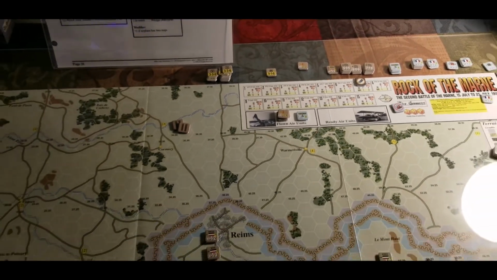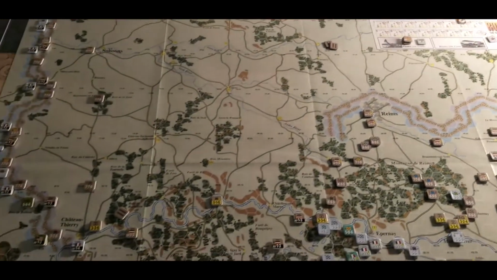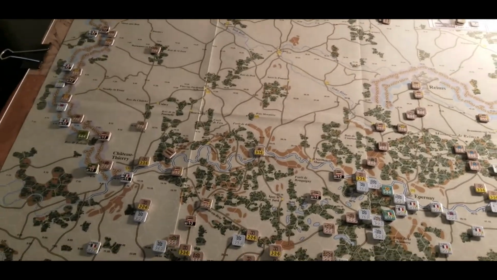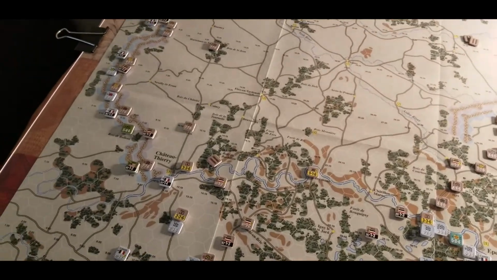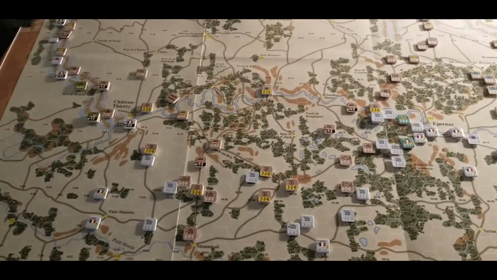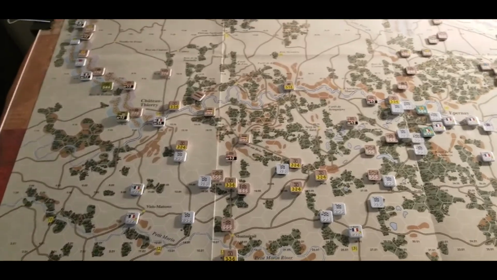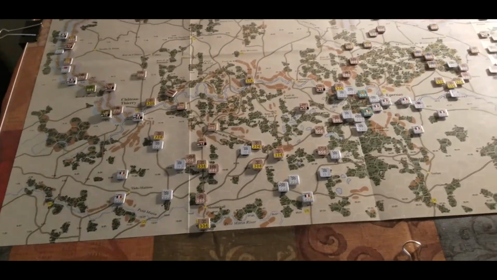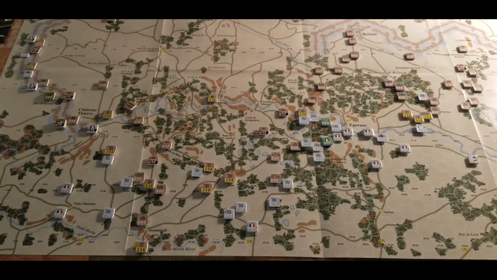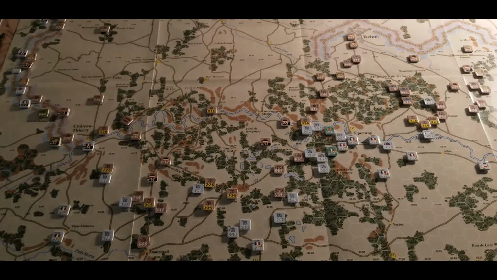Now, the Germans started an offensive, and this was kind of to get the Allies to commit troops from the Flanders area, because the Germans' intention was to get the Allies to draw troops over here, and then they were going to start their real offensive over in Flanders. However,